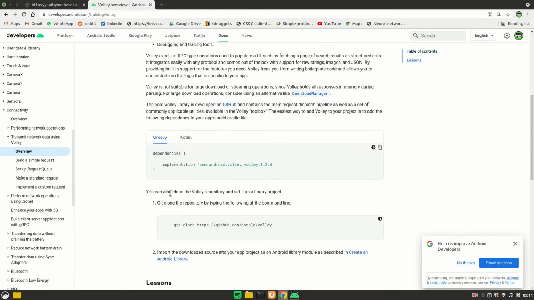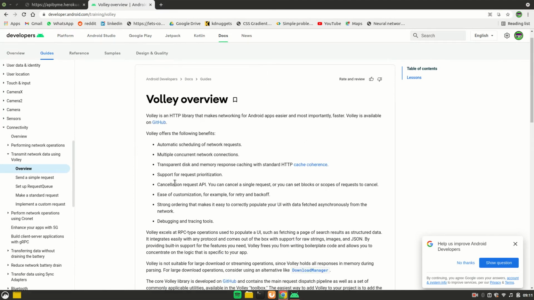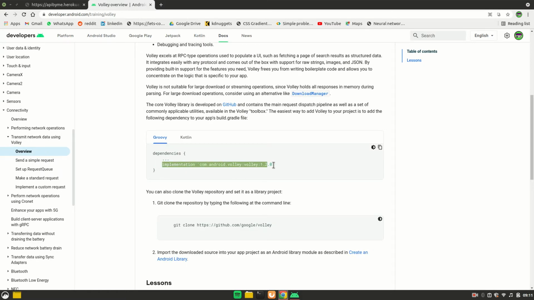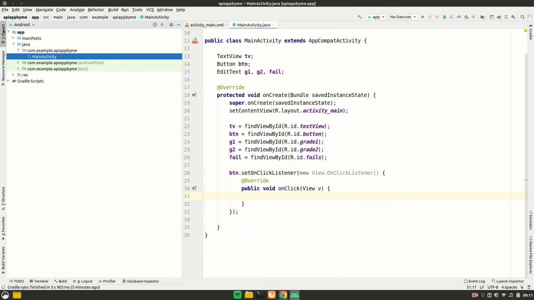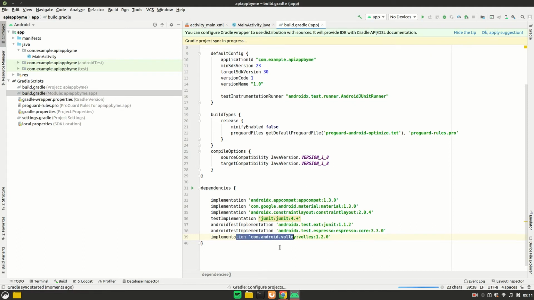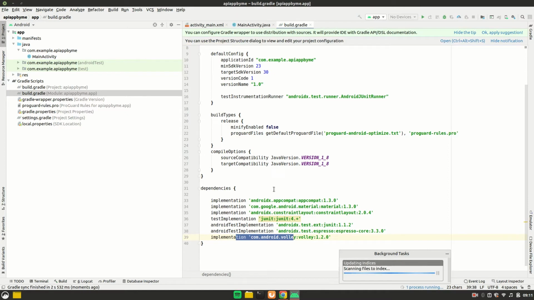So first of all, we're going to have to set it up for our project. For setting up, you need to add this dependency. Let's copy this implementation, go back to Android Studio, go to the project and then Gradle files, and in build.gradle you see the implementation dependencies. Let's go to the last one and hit Ctrl V to paste this implementation which we have copied. Once you paste it, you will see this Sync Now button. Just click on Sync Now and it'll take some time to set up Volley for your project.